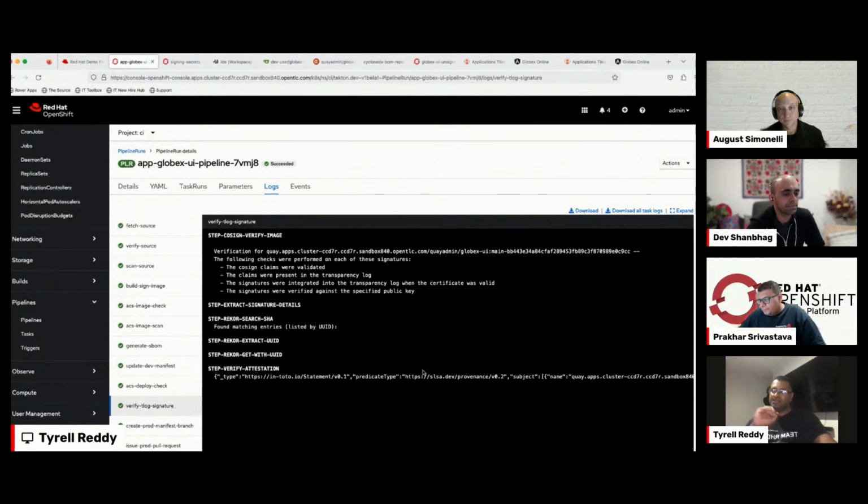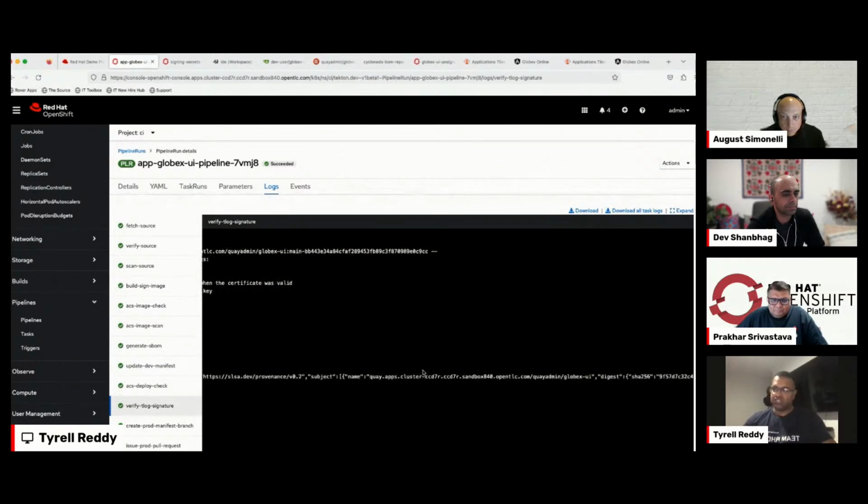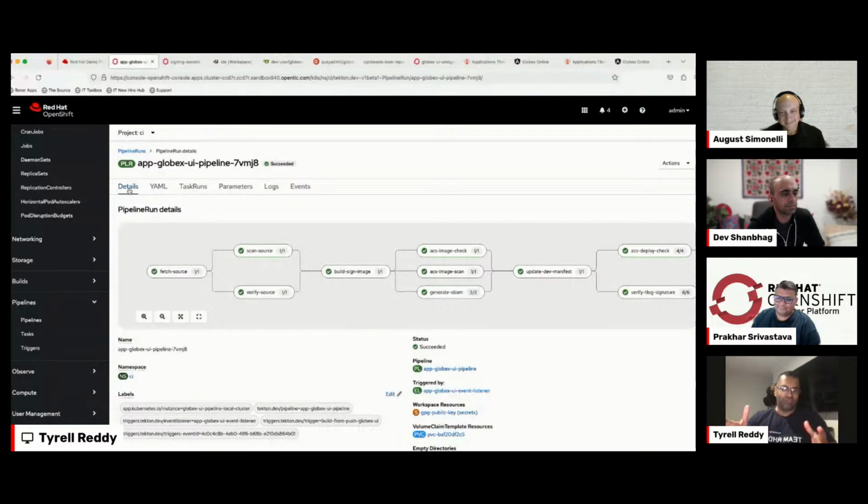It's cool. So this step is just showing you I'm querying the Rekor store at this step, and it shows you metadata about your signature. It shows the image registry repository that you're pushing to, the digest of the image, the timestamp, and the actual task run ID that was used to create that image. It's a very thorough view of your signature, which people can look at, and if they want to trust it, they could use it. It's just something for them to settle their mind, basically.